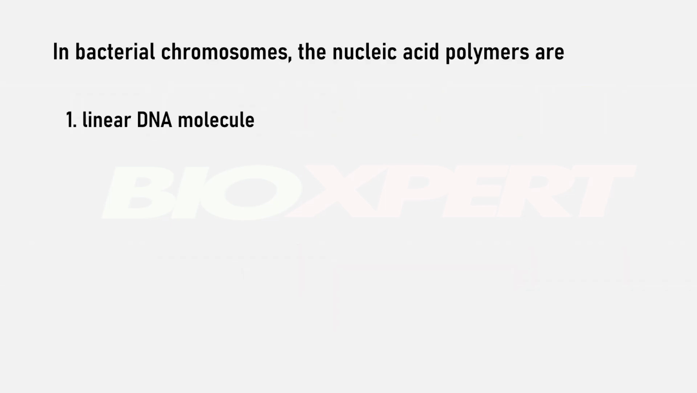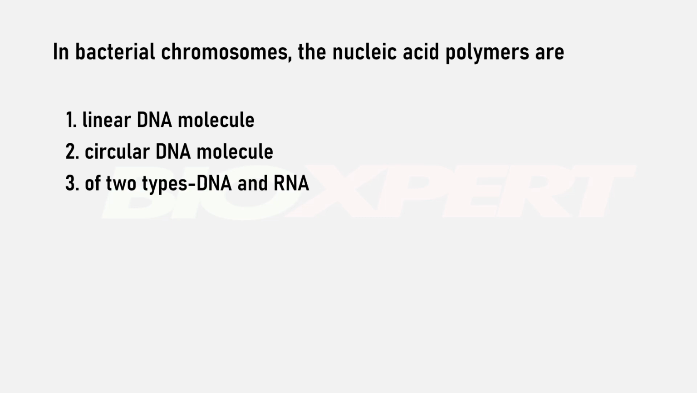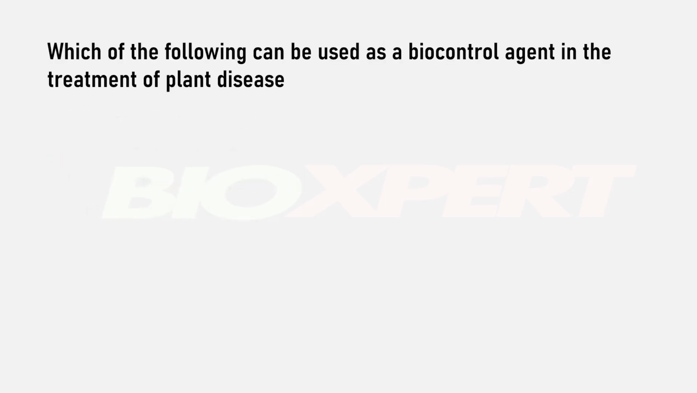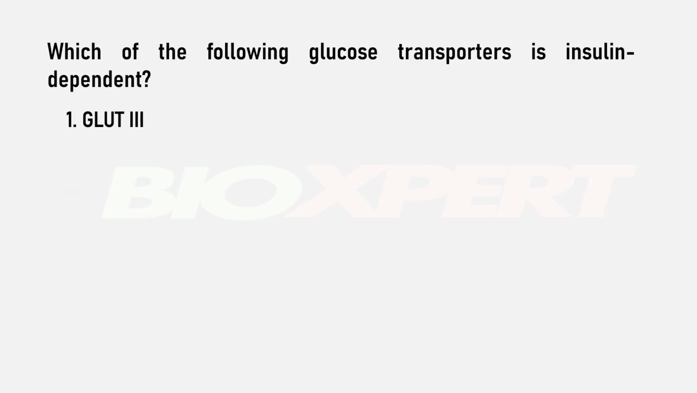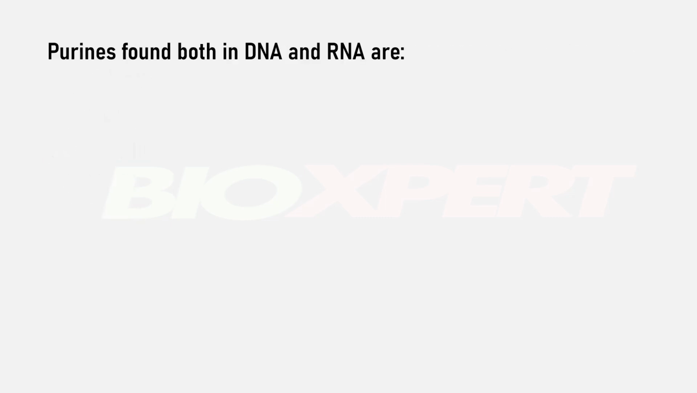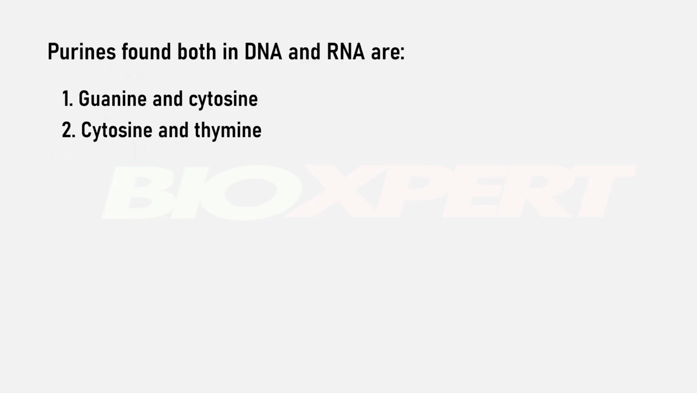In bacterial chromosomes, the nucleic acid polymers are circular DNA molecule. Which of the following can be used as a biocontrol agent in the treatment of plant disease? Trichoderma. Which of the following glucose transporters is insulin dependent? GLUT4. Purines found both in DNA and RNA are